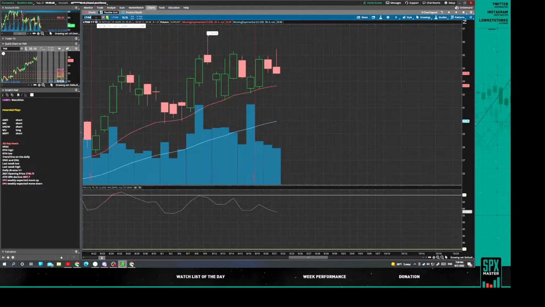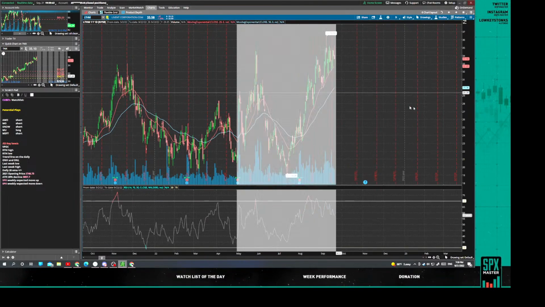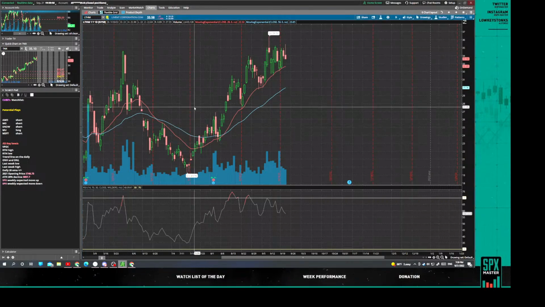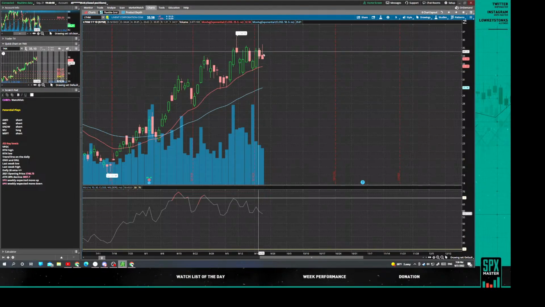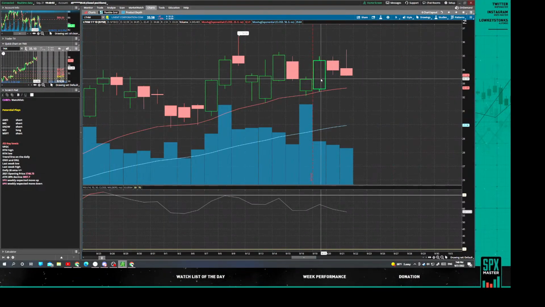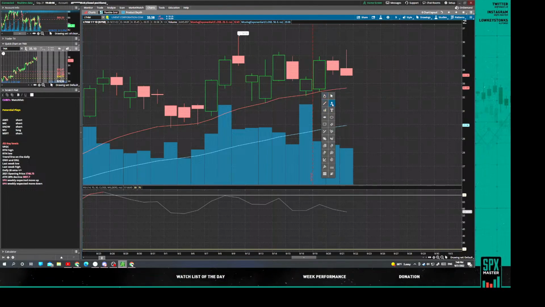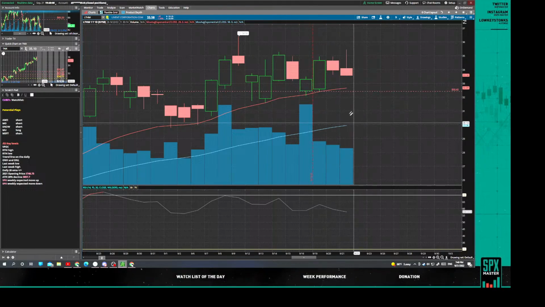LTHM, LTHM. I don't know what that is. Is it liquid to trade? Give me a second. Options are liquid. They have a very tight spread. There's no weeklies, only monthlies. This is basically an up-to-downside reversal. It can hit towards this level right here, and then go from there.